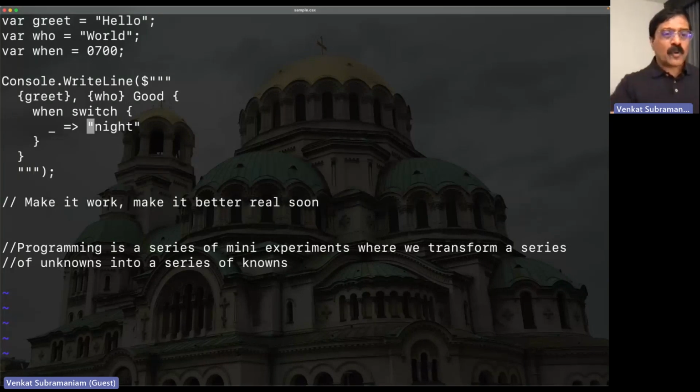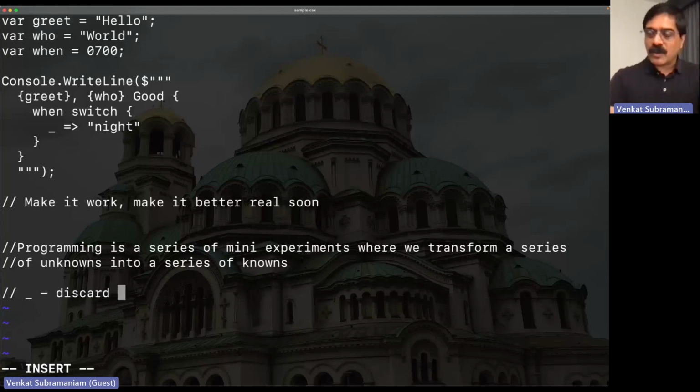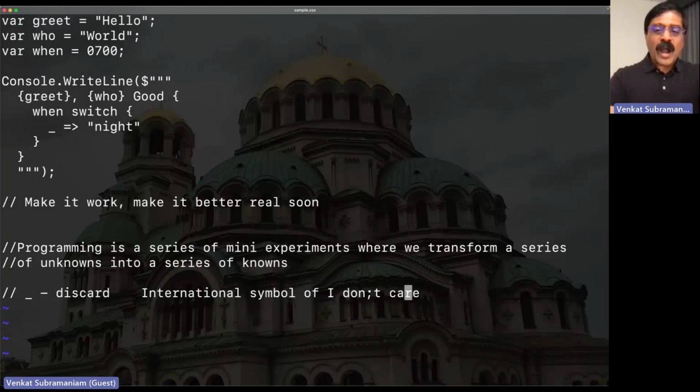Now with this underscore, I call the underscore the international symbol of I don't care. This is called the discard symbol, but I'd like to call it the international symbol, if you will, of I don't care. So I don't care about that particular value or data, whatever it is,